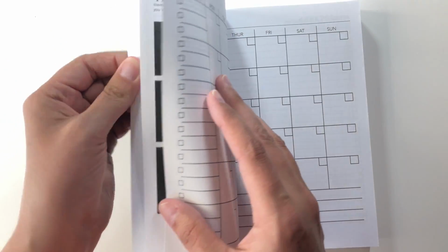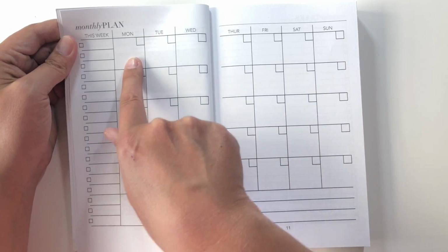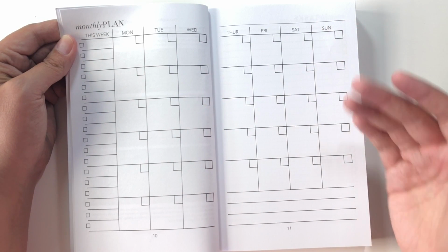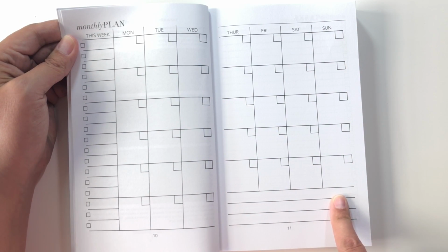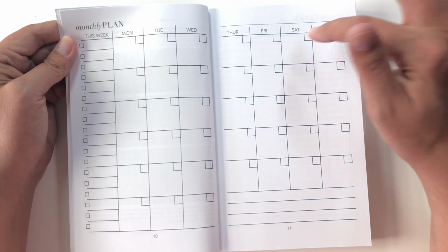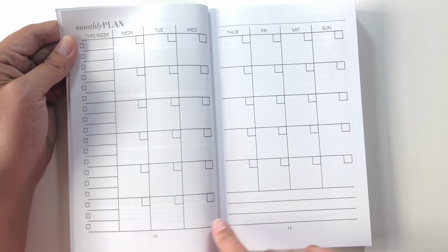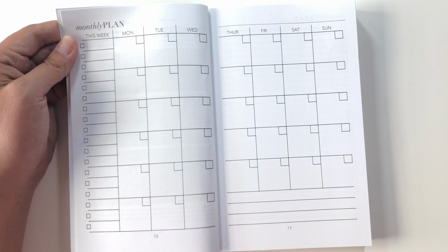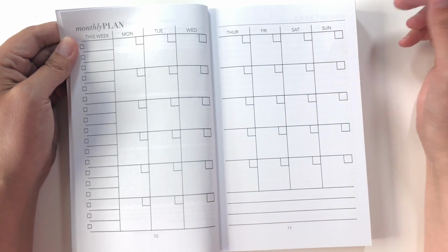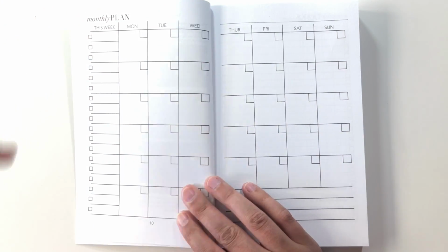Now we get into the monthly layouts, and this is undated. You get 5 rows of weeks, and it's a Monday start. You have a this week column with the entire thing of checkboxes, and then some extra notes here on the bottom, and a few extra days on the bottom in case it happens to be one of those 31-day months that starts at the end of the week, so you don't have to do the crossing over thing. I have no idea if this is enough space, but it seems enough. I don't gravitate towards undated planners, usually because I'm lazy. But this seems like a decent amount of space, and it is very neutral,